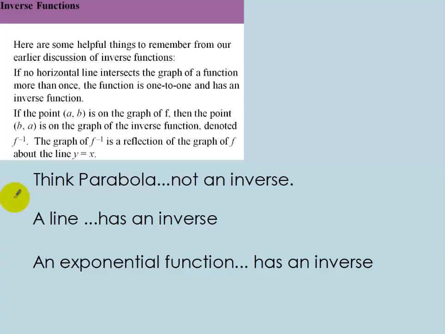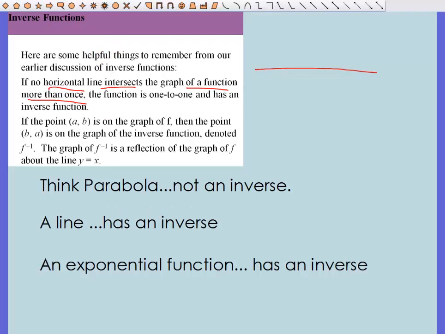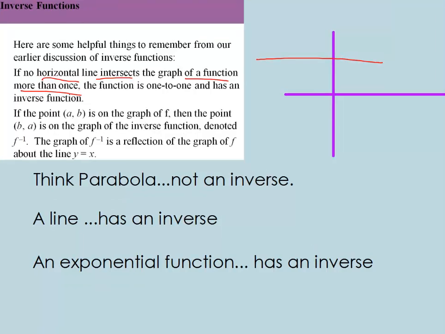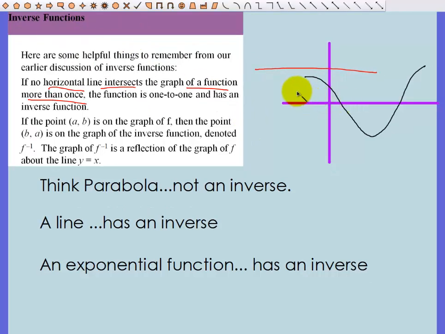Let's begin. First, what is an inverse function? This is just a reminder from maybe Algebra 2. It's basically a function's inverse if no horizontal line intersects the graph of a function more than once. So horizontal is going left and right. Maybe we have a graph of a function here, and I make my table, x, y. We have some curve. I'm going to draw that curve in black. Maybe it's going like this. It's a parabola. If we have a horizontal line that we draw and it intersects it more than once, it